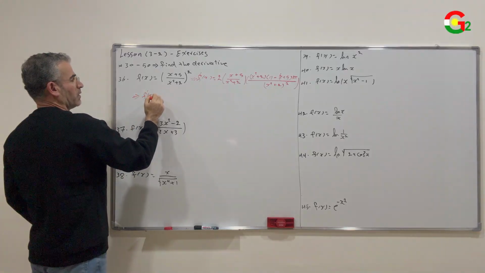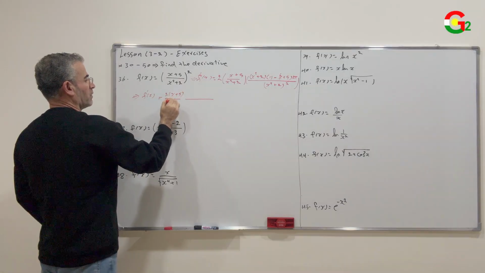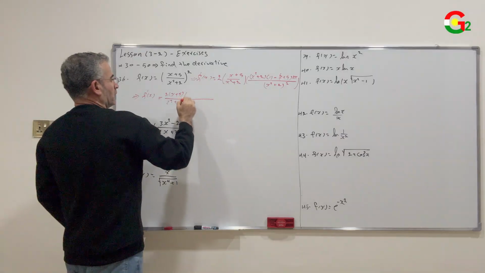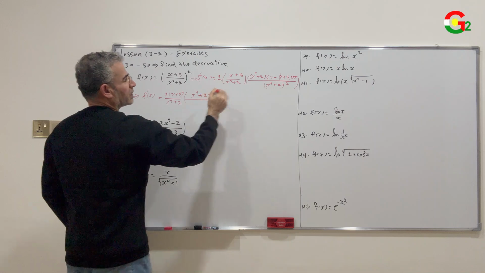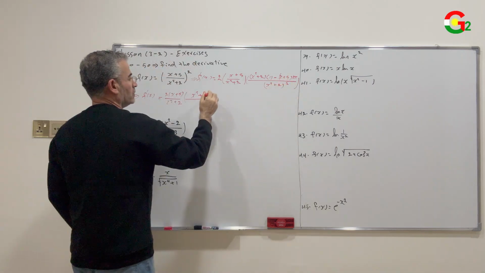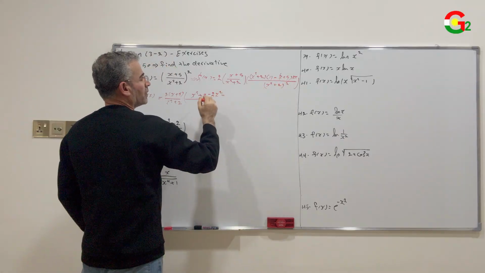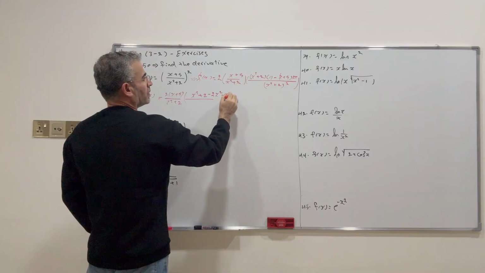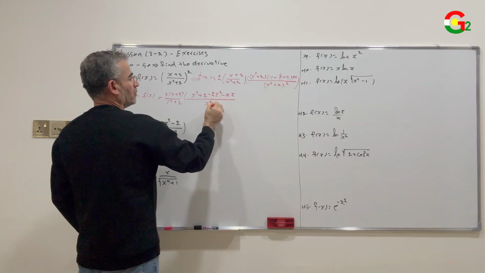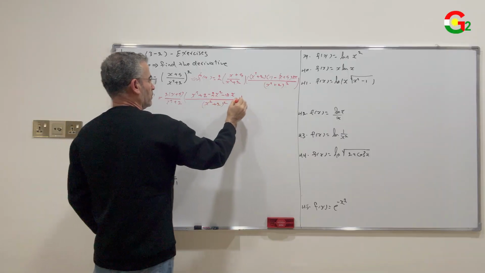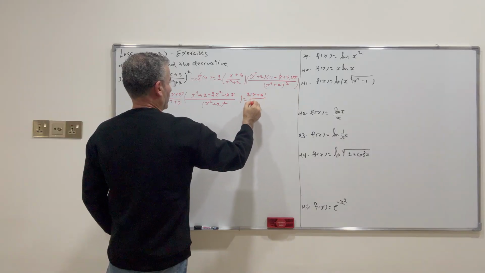Derivative f prime of x equal to 2x plus 5 over x power 2 plus 2 times x power 2 plus 2 minus 2x power 2 minus 10x over x power 2 plus 2 all power 2, equal to 2x plus 5 over x power 2 plus 2